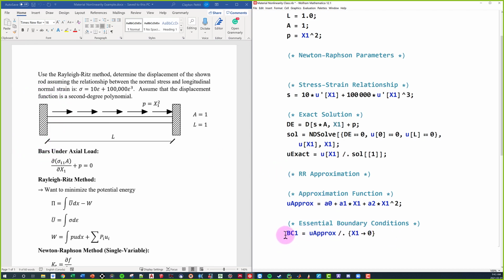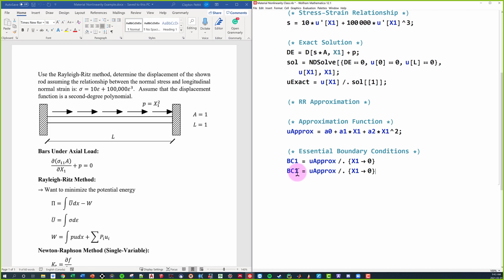So all I did was say our boundary condition 1 occurs at our approximate solution when x1 is equal to 0. Now I'm going to copy this because it's going to be the exact same below. And we know that boundary condition 2 is the exact same where we have that fixed end, but this occurs at x1 is equal to L. So those are going to be the locations of our 2 boundary conditions. So I'm going to solve for A1 and A2, because if I have 2 boundary conditions, I can solve for 2 coefficients, and I'm going to use these 2 equations to solve for it.